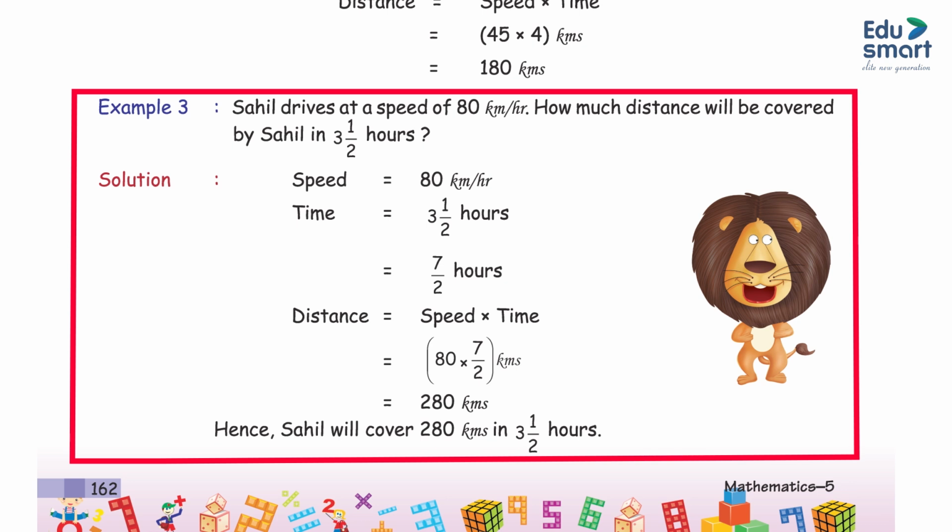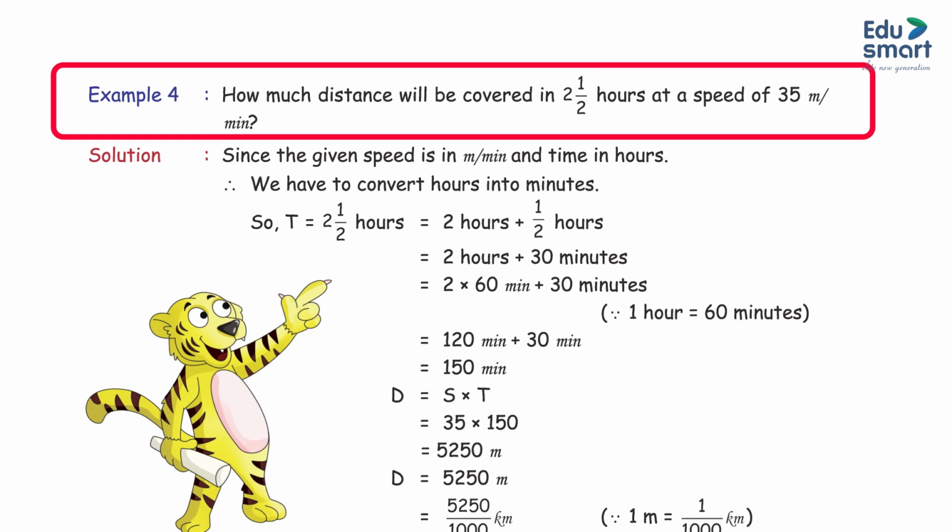Solution. Speed is equal to 80 km per hour. Time is equal to 1 upon 2 hours, which is 7 upon 2 hours. Distance equals speed into time. 80 × 7 upon 2 kilometers equals 280 kilometers. And Sahil will cover 280 kilometers in 1 upon 2 hours. Example 4. How much distance will he cover in 1 upon 2 hours at a speed of 35 meters per